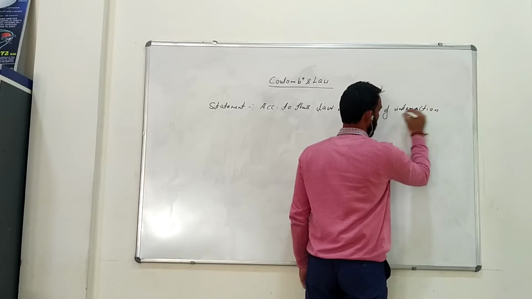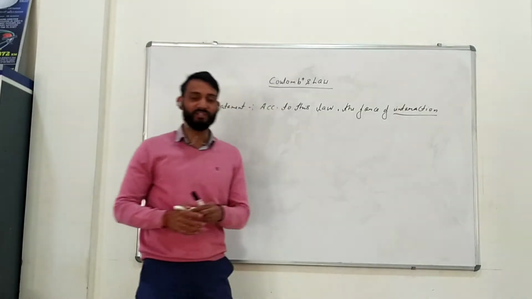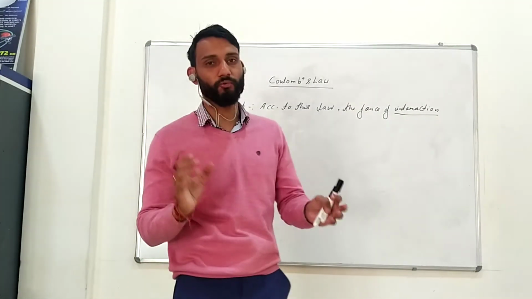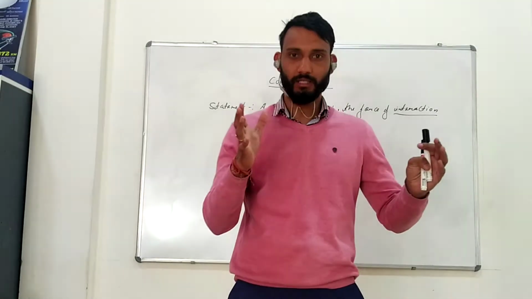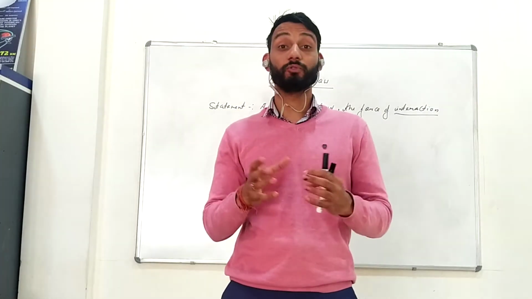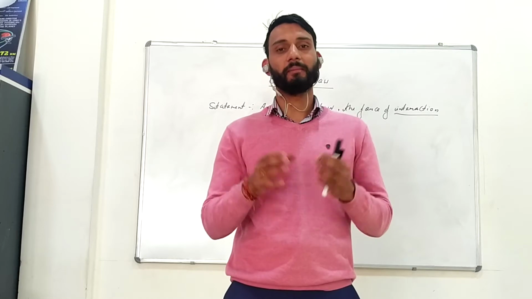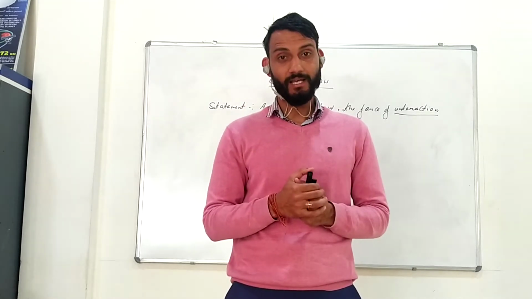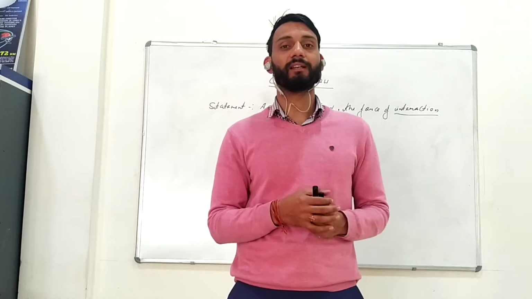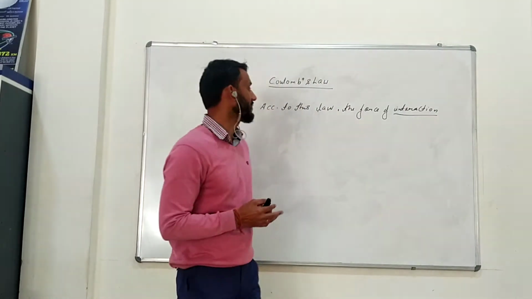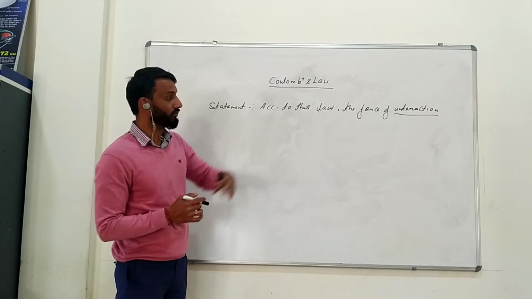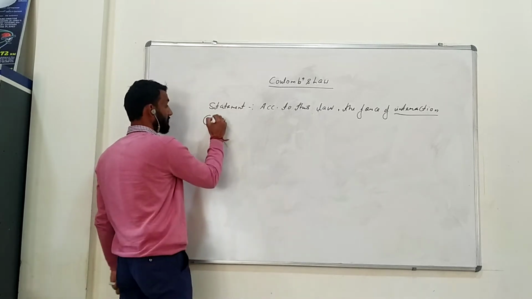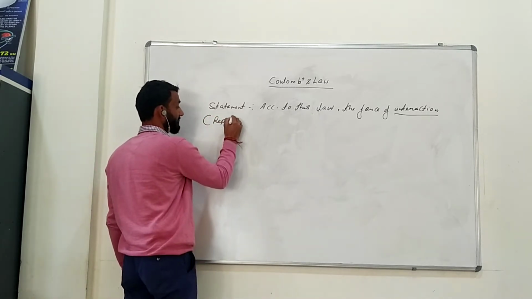interaction. Now this word interaction means two charges can interact in two different ways. Two charges can repel each other and two charges can attract each other depending upon the nature of the charges. So if they are like charges, they will repel each other, and if they are unlike charges, they will attract each other. So that is why this force of interaction covers both forces, repulsive,